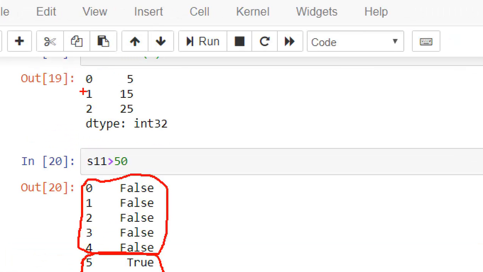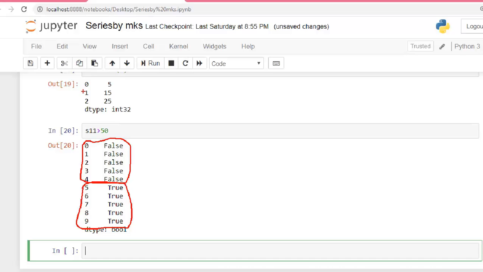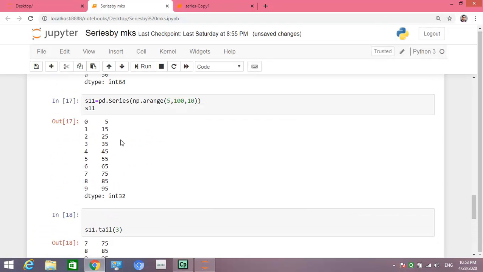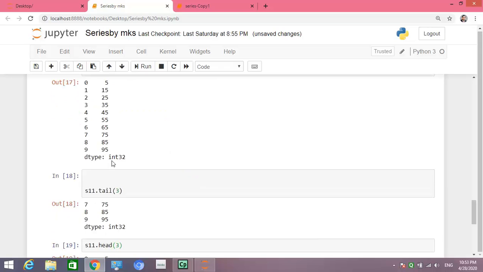So you can see here up to index 4 it is 45, after that it is greater than 50.